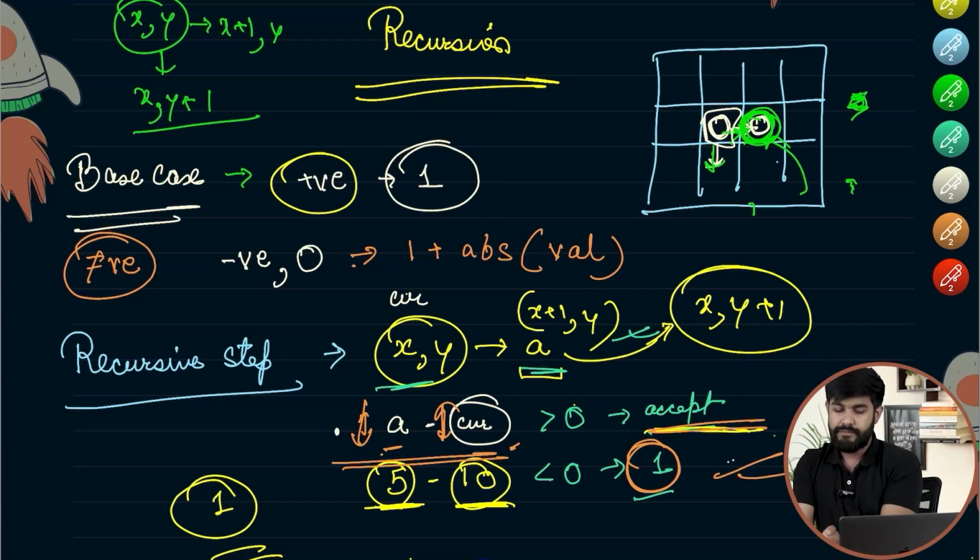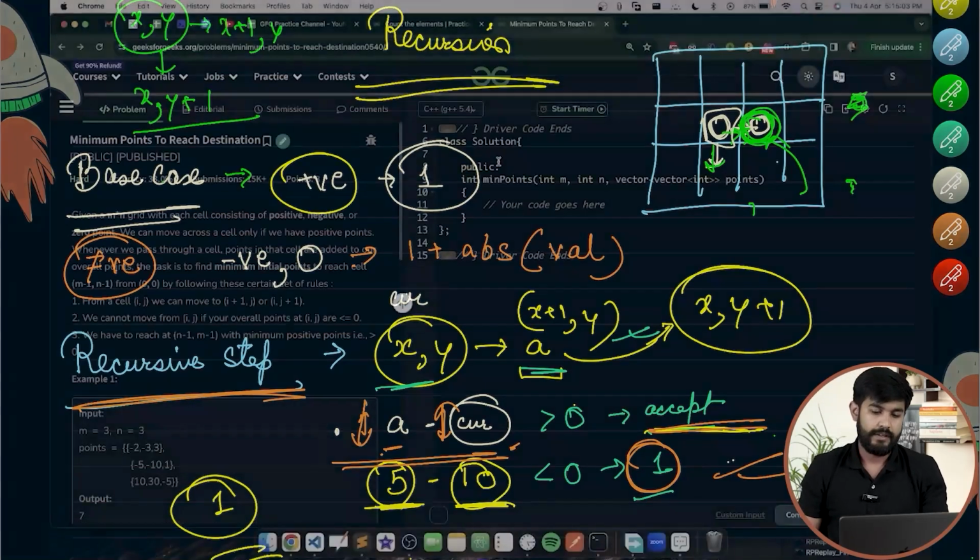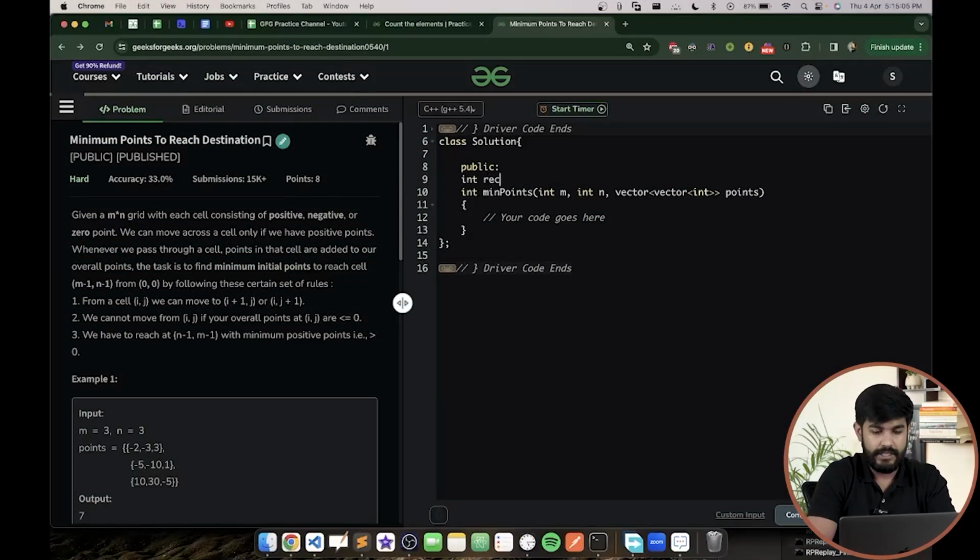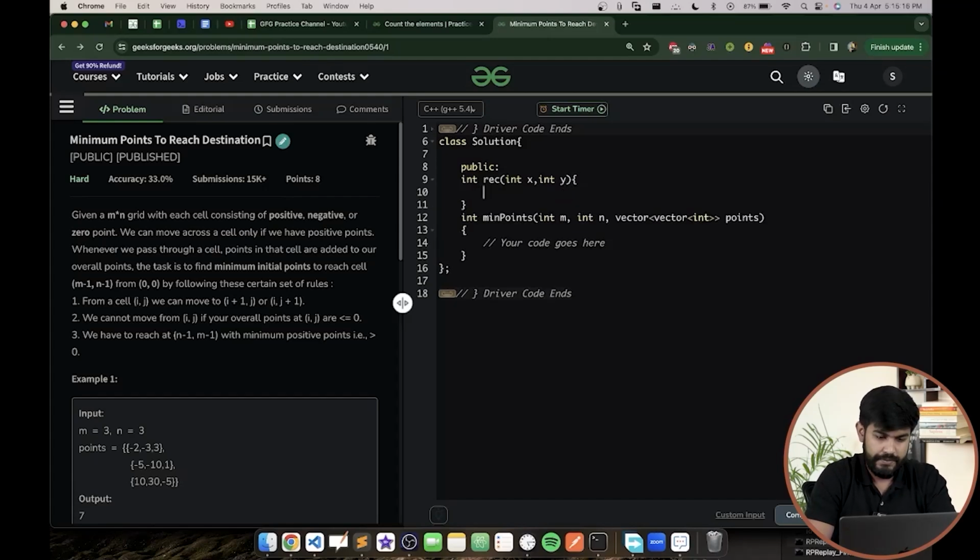So I would write the same thing here. So the recursive step is this. Now let us write int recursion, and here I would simply have x and y itself. As of now, let us just have x and y so that we don't get confused. Okay, fair enough. We would first write the base case. What was the base case? If x is equal to m minus 1 and y is equal to n minus 1,